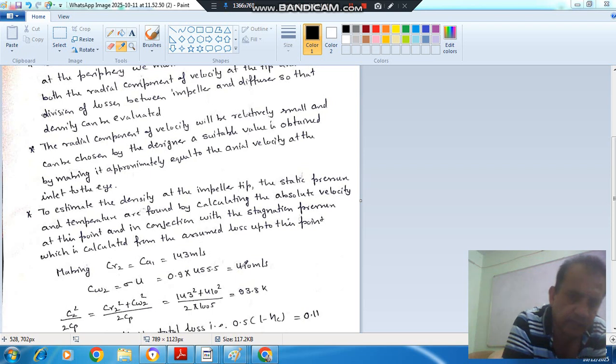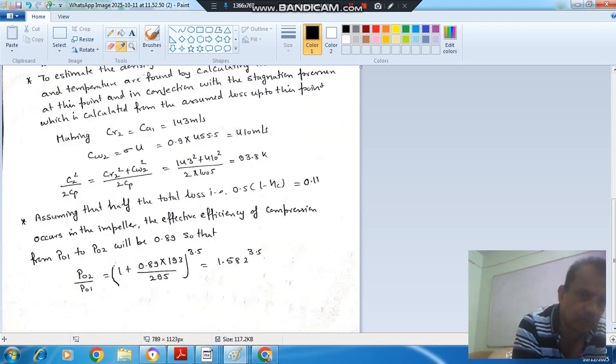So why are we calculating C2? Because we need density also. We need density to equate it to the mass flow. So at exit, we want to calculate density, then first we will calculate dynamic temperature. That is C2 squared by 2Cp, so it will be 93.8. And now to find out pressure, because density can be calculated by knowing exit temperature and exit pressure, then using the state equation.